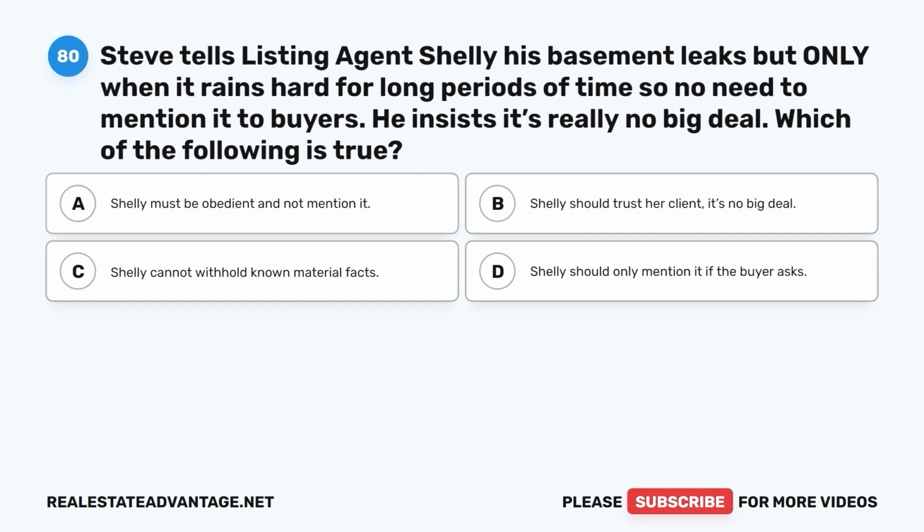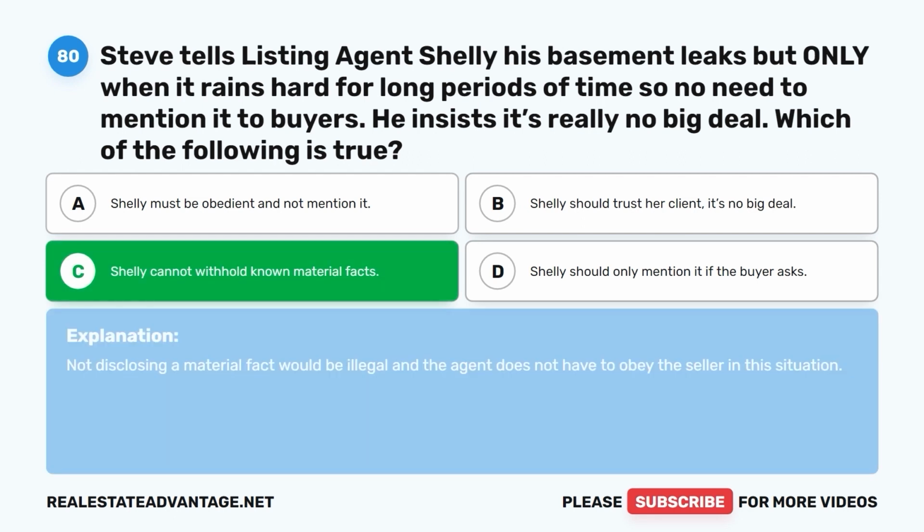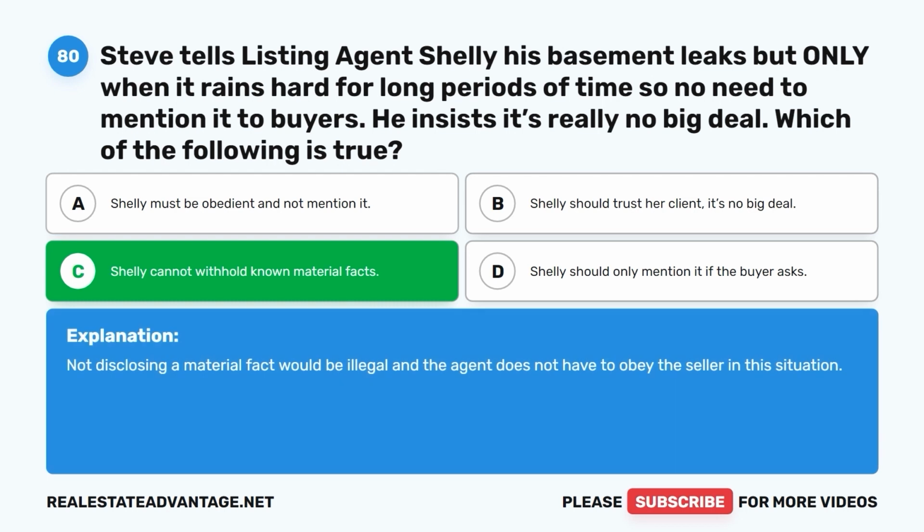It's no big deal. C. Shelley cannot withhold known material facts. D. Shelley should only mention it if the buyer asks. The correct answer is C. Shelley cannot withhold known material facts. Not disclosing a material fact would be illegal, and the agent does not have to obey the seller in this